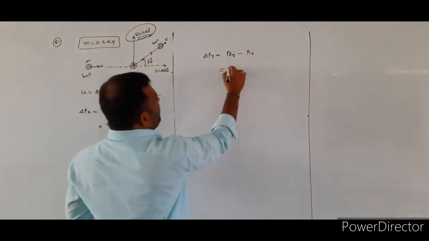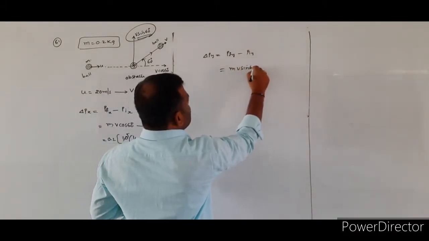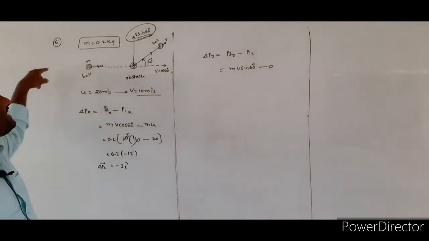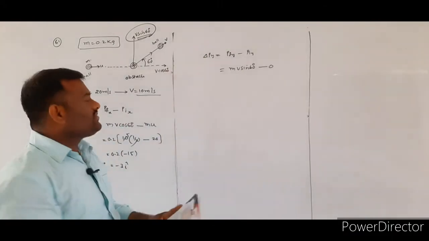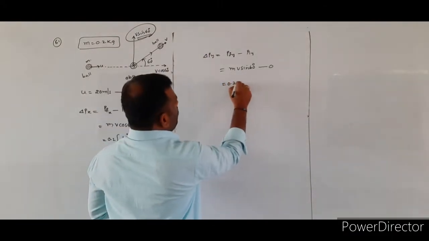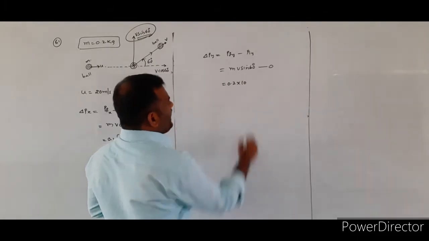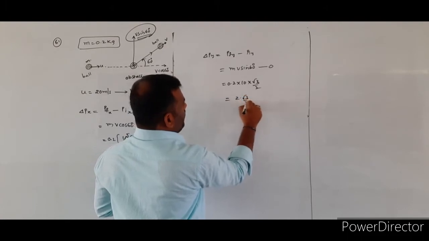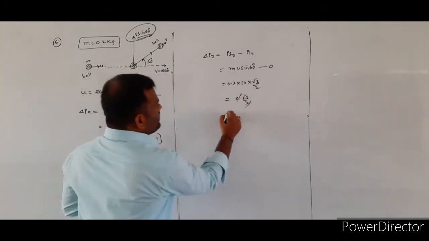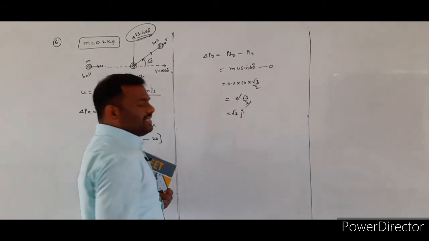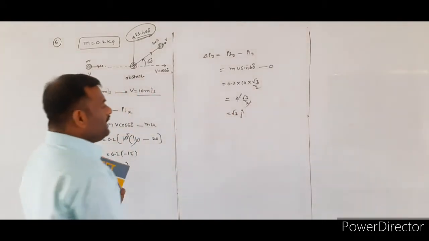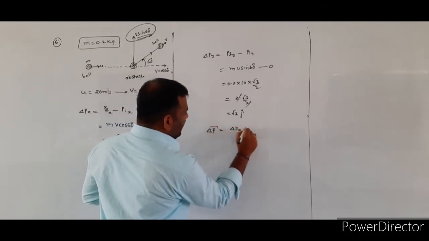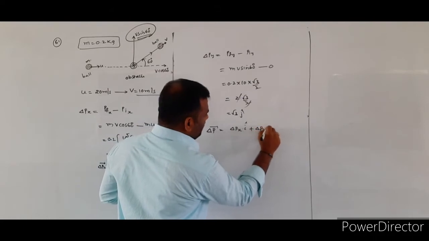So that final momentum along the y-axis is equal to what? mv sin 60 minus initial momentum along the y-axis, which is equal to 0, since the initial motion will be along the x-axis. So if you simplify, mass is equal to 0.2, this value is equal to 10 and this value is equal to root 3 by 2. So this value is equal to 2 into root 3 by 2, 2 will be getting cancelled. So this value is equal to what? Root 3 j cap. Now the total change in momentum value is equal to change in momentum value along the x-axis plus change in momentum value along the y-axis.